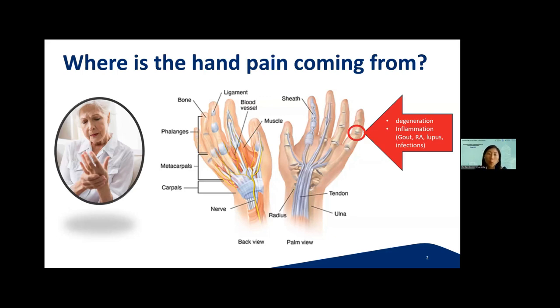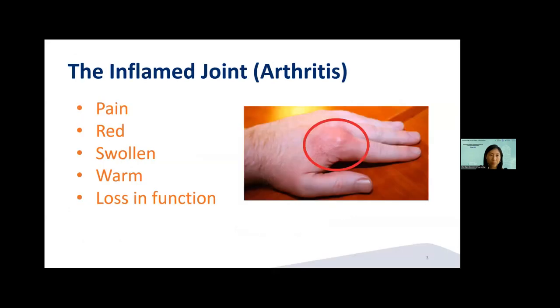Sometimes the hand discomfort may arise from other structures like the tendon, where the yellow star on the image, as you can see, is lying over, such as in trigger finger. Or the discomfort can be due to nerve issues, such as where the green star is lying over when one has carpal tunnel. So I will be going through these 5 common conditions, as mentioned above, resulting in hand pain in the later slides. But before that, we shall first learn how to recognize an inflamed joint.